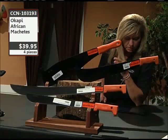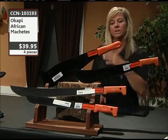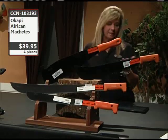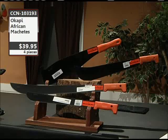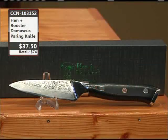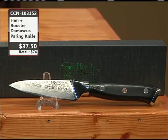So 103193, get all 4 of them. They are made in South Africa. The Okapi machetes. You buy a set like that, I mean, you're set for like a lifetime. You have 4 machetes. You can buy and resell, or